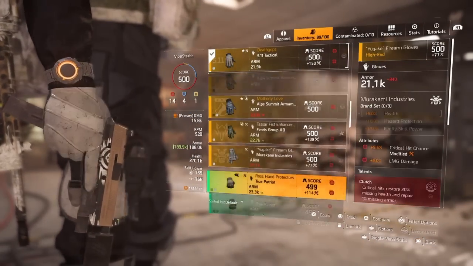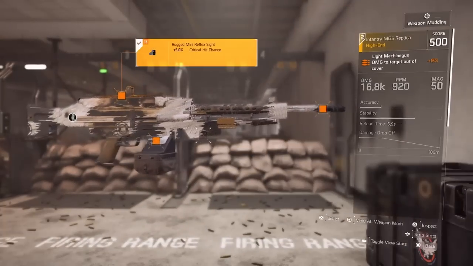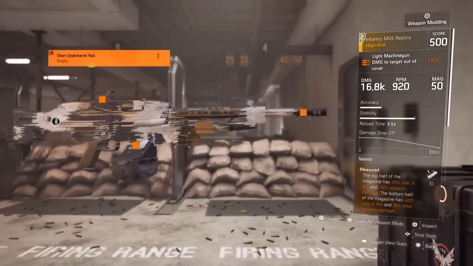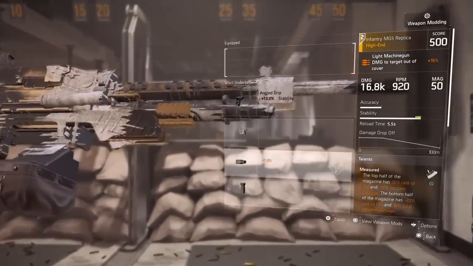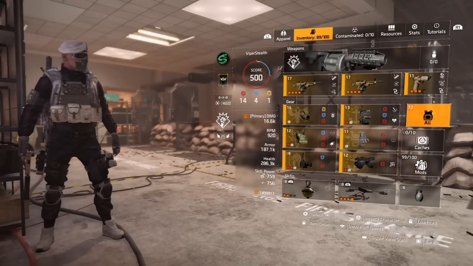And we are going to go for mind blank. There we go. So this is a variant LMG build, which is a critical hit chance. I'm going to just put the... There we go. So shout out to Golden Glocks for this one, but this is